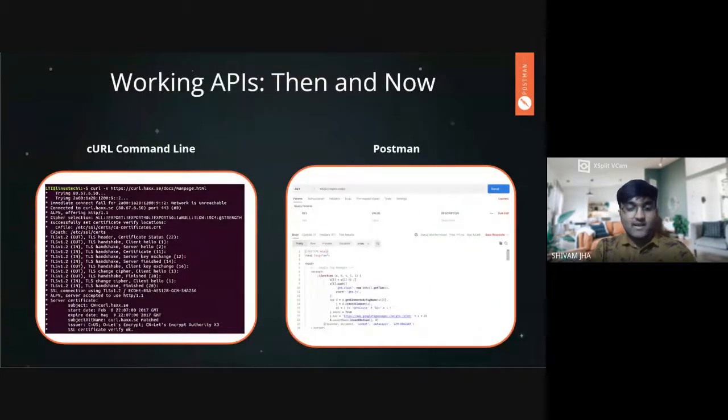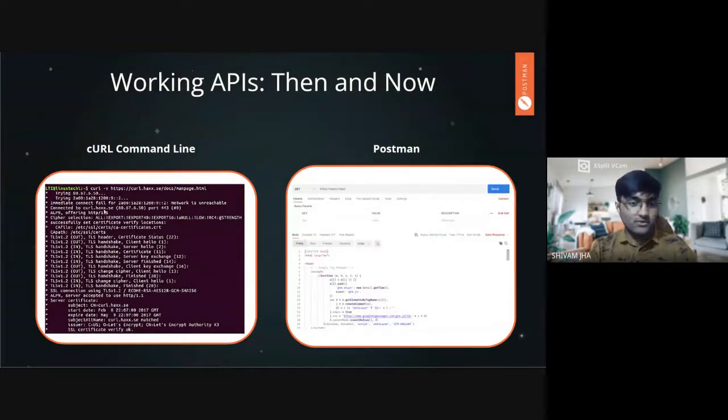Most of you might have used the curl command line, or if not, it's outdated anyway. These curl commands help us to test our APIs and get the responses from our APIs using the command line interface.